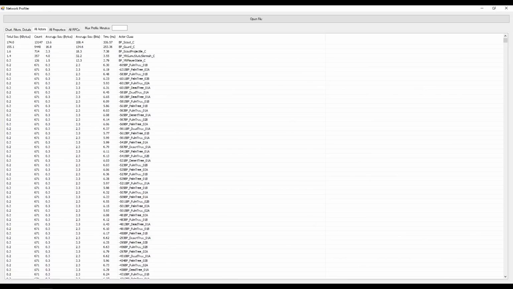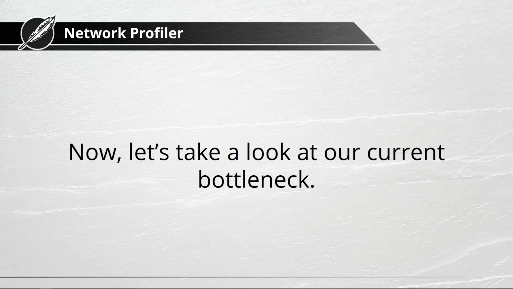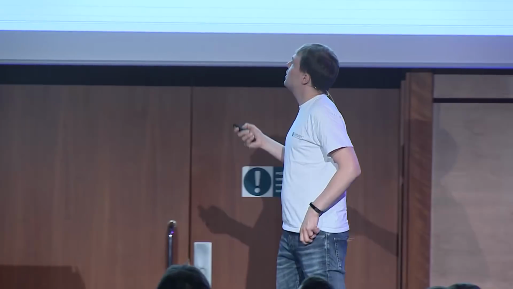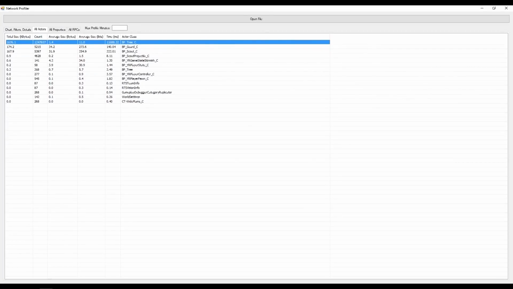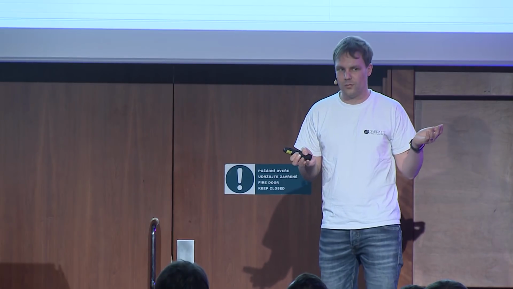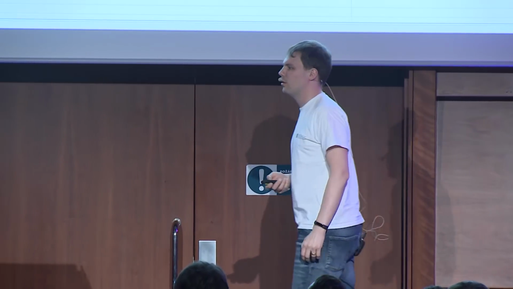Because we were changing the names of the actors in the world outliner, we had pretty unique names for each and every single tree, for instance, in our world. And you might want to patch this up for the profiling session. Now let's take a look at our actual bottleneck here. As already mentioned, we can highlight here that there is a tree at the very top, which isn't supposed to be there, right? So even with very limited understanding of our game, you'll see immediately that there wasn't going on too much with trees in what we've just been seeing, so that might be worth investigating.